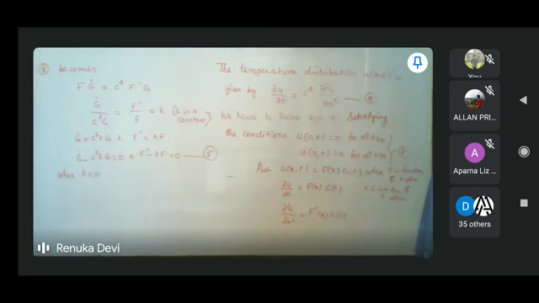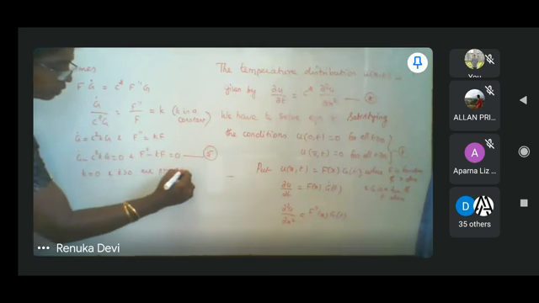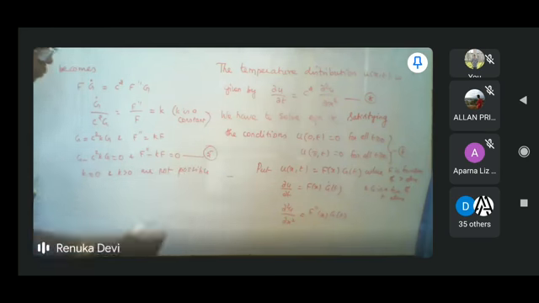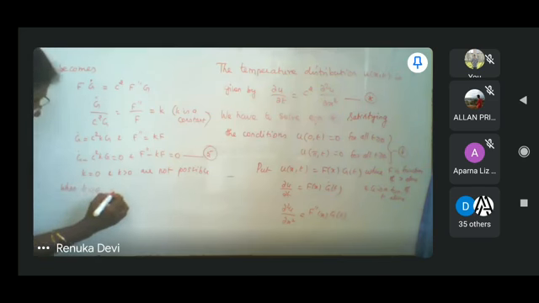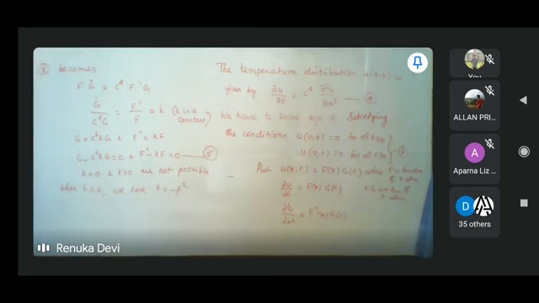Or you can write in one line: k equal to 0 and k greater than 0 are not possible. You can write in a single line because the problem itself is very lengthy, so you can cut short after you understand the problem. Therefore, when k is negative, we have k equal to minus p square. The square of anything is always positive, so minus p square is negative. Therefore equation 5 becomes